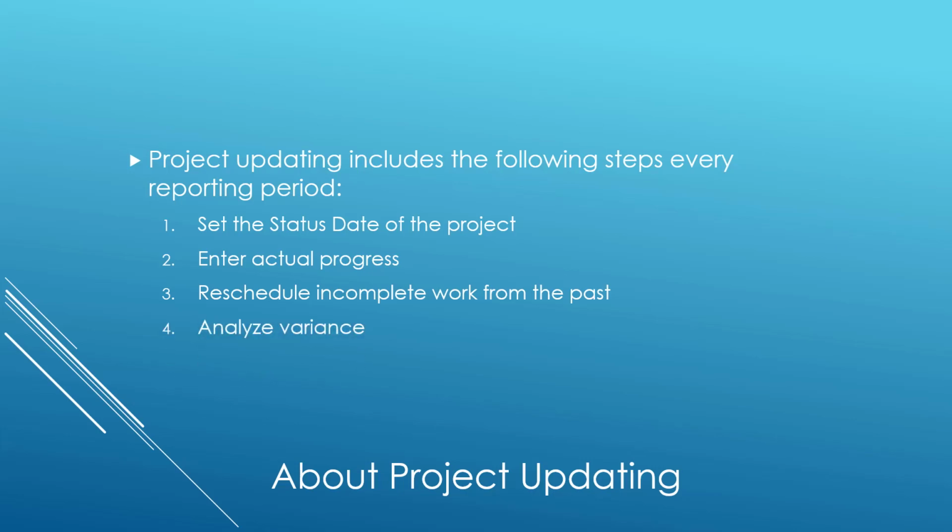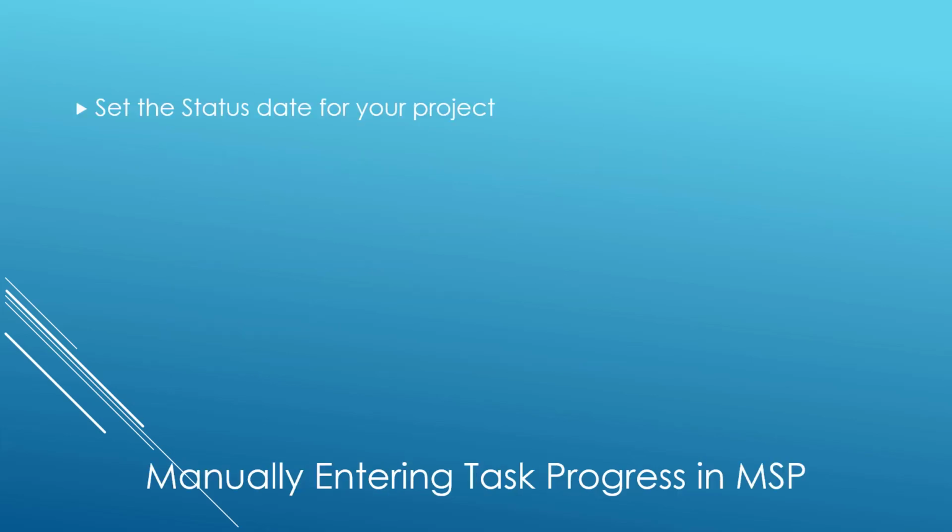Then, importantly, you'll need to analyze variance to determine, is your project on schedule, early or late? Is it on budget or over budget? And then finally, based on the results of variance analysis, you may need to revise the project schedule to bring it back on track. So the first step in the project updating process is to set the status date for